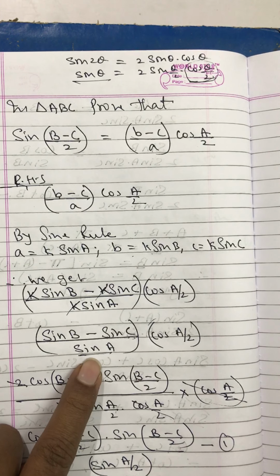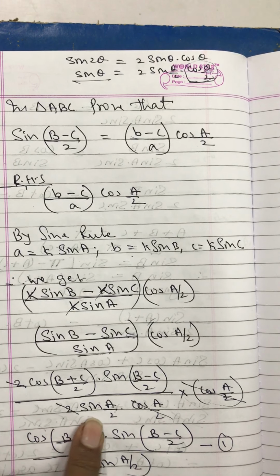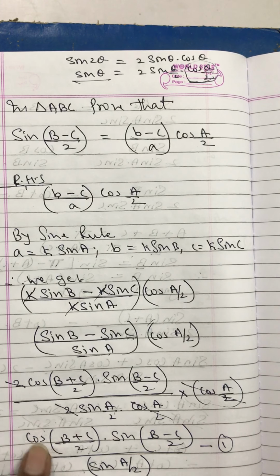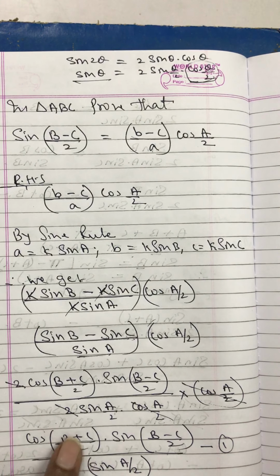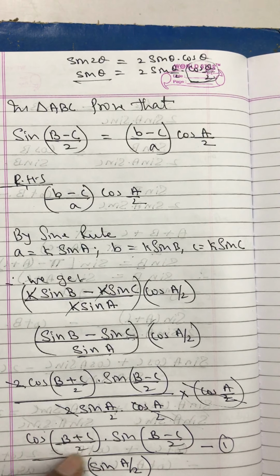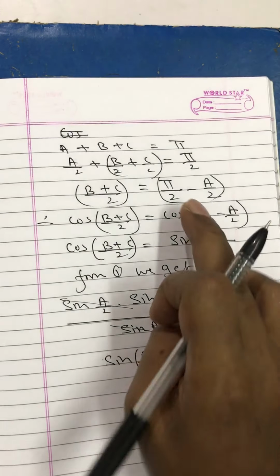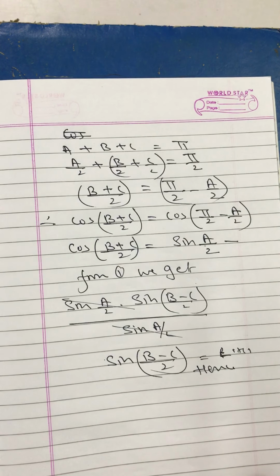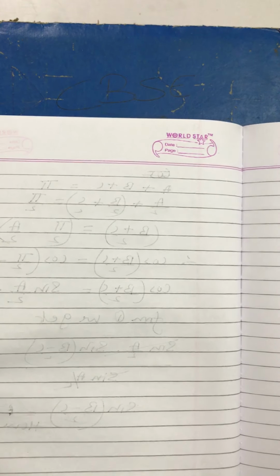At the same time, the sin 2 theta half angle formula I have used over here. So what stays is this much, and then this I have converted to sine. Basically this B plus C, I got rid of B plus C and converted it to A. Because it was along the y axis, it got converted to sine. Okay my dear students, this is how we have done this. And now we can go to one more question.